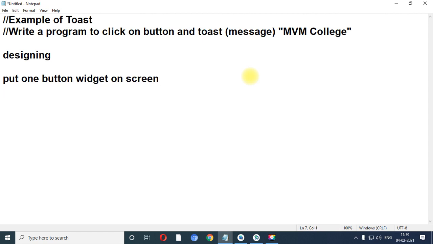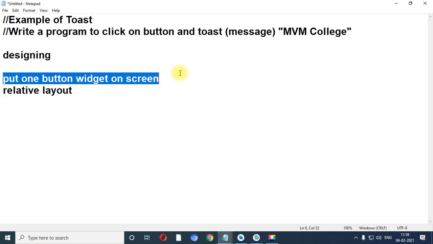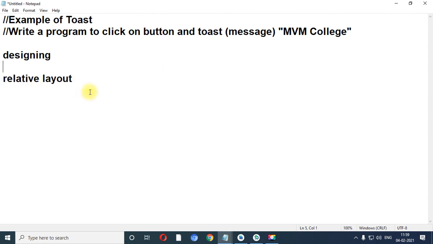For that you first need to insert a relative layout, and after putting the relative layout you can put the button widget on the screen. So in designing we only require a relative layout plus one button.